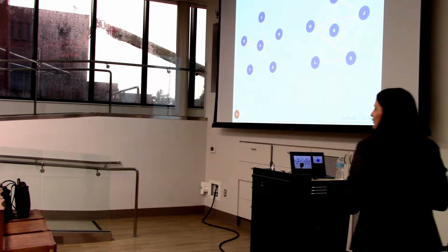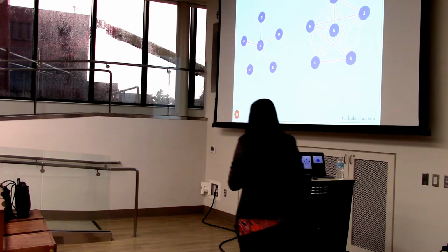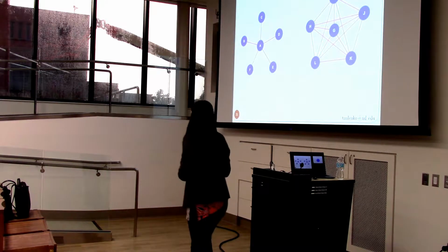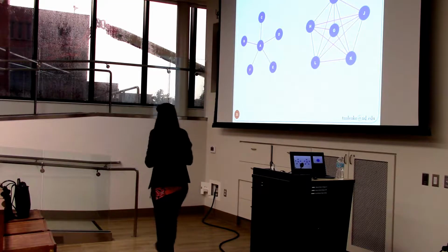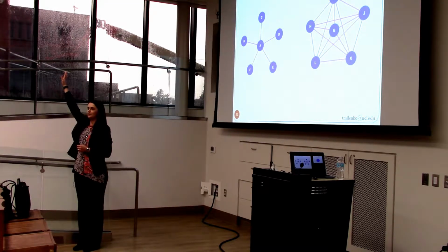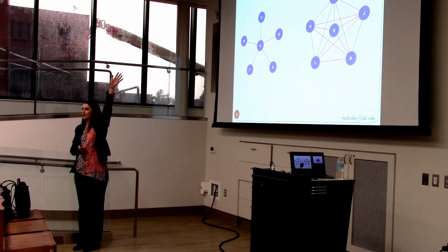Okay, let's do a survey. I want everybody to raise your hand for one of 2 answers, left or right. If these nodes are people and edges are friendship, would you be in the left network? Raise your hand if so. Look around. A couple of hands. Or would you be in the right network? Raise your hands. Look around.